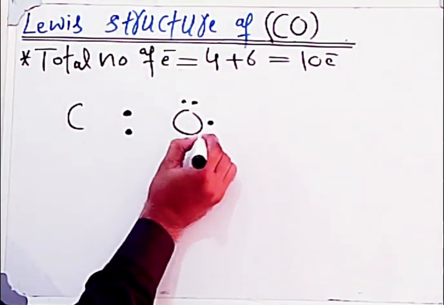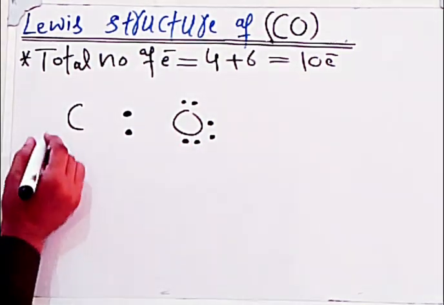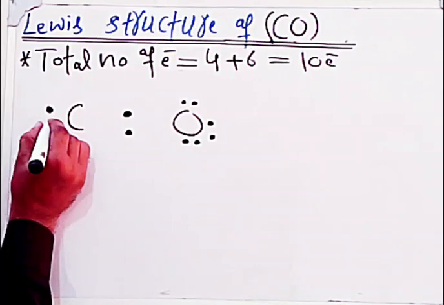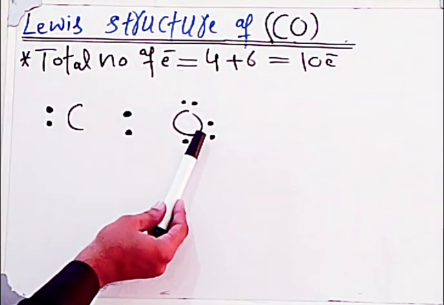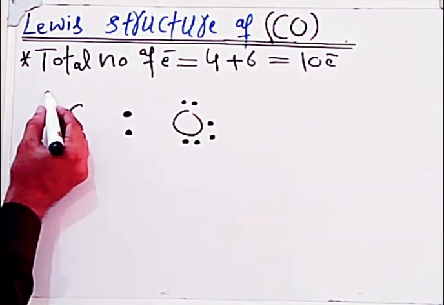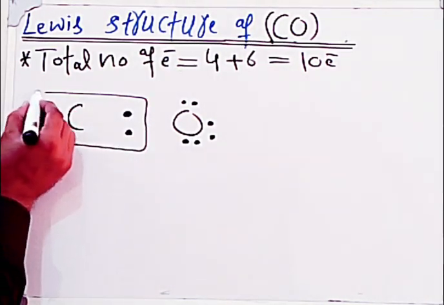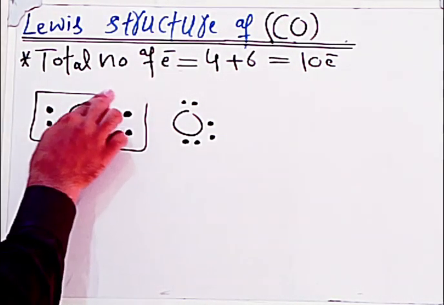So 2, 4, 6, 8, and 2 electrons are given to the carbon atom. In this way, oxygen completes its octet, but if we observe, carbon contains only 4 electrons. To complete the octet for carbon,